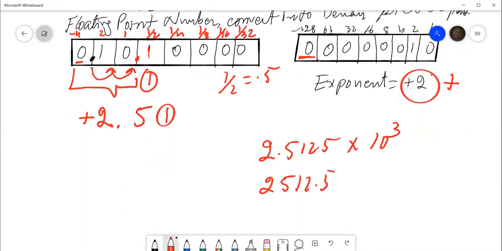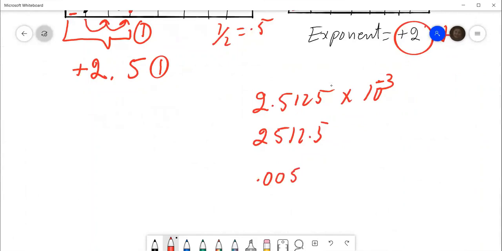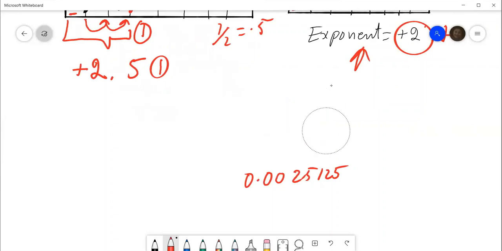ना। और अगर ये 2.5125 into 10 raised to power minus 3 होता तो आप क्या आंसर देते? 0.0025125। सो आपका डेसिमल 0.5 से मूव होके यहाँ आ गया, सो 3 डेसिमल प्लेसेस वो लेफ्ट में मूव हुआ, तो 1 2 3, ये आंसर आ जाएगा आपका 0.0025125. So the same is here, the exponent is doing either floating the decimal point on the left side or the right side, तो आपको ये देखना है